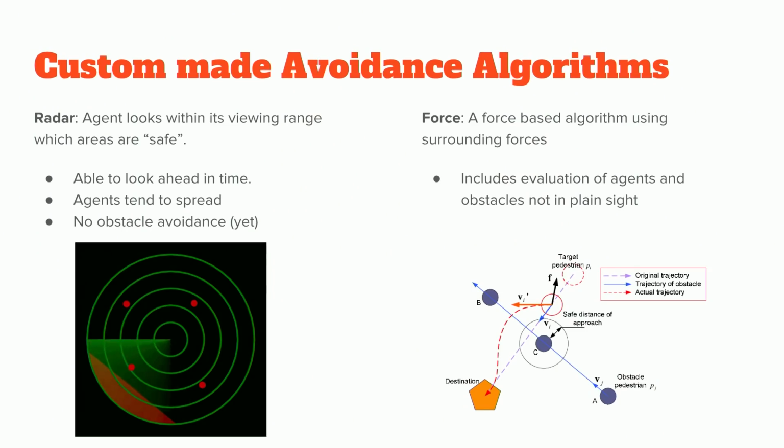Yes, now it does. We have a very basic, what I call radar algorithm, that just looks from a certain angle and decides what is the safest route. Safest meaning the chance of colliding is the lowest. And we have a very basic force-based algorithm that will look at all the surrounding agents, different from the time to collision algorithm, which is only looking at agents inside. This force-based algorithm will have a look at all surrounding agents.